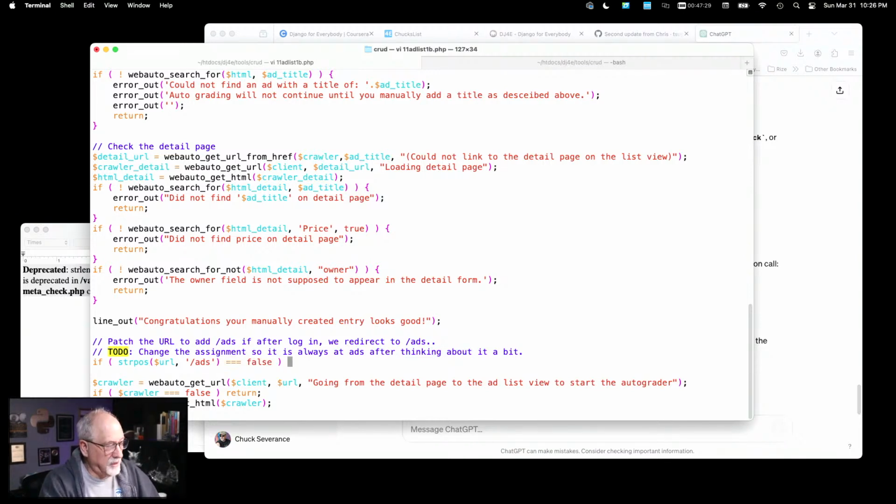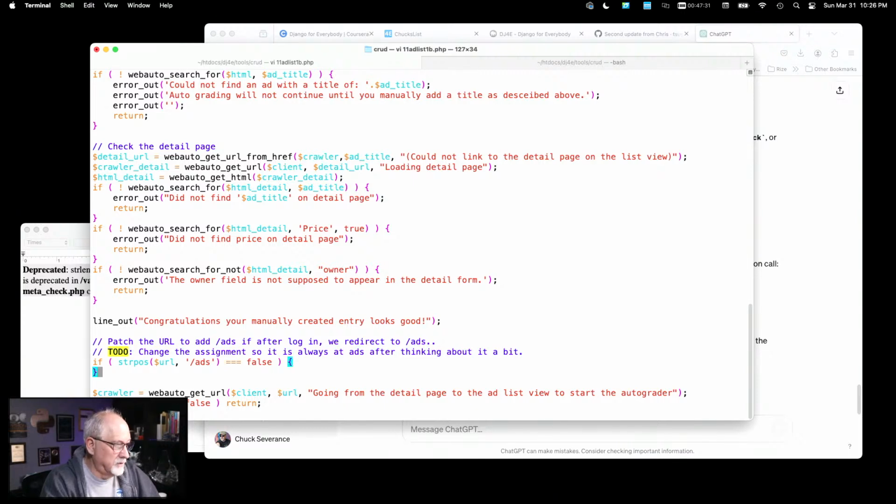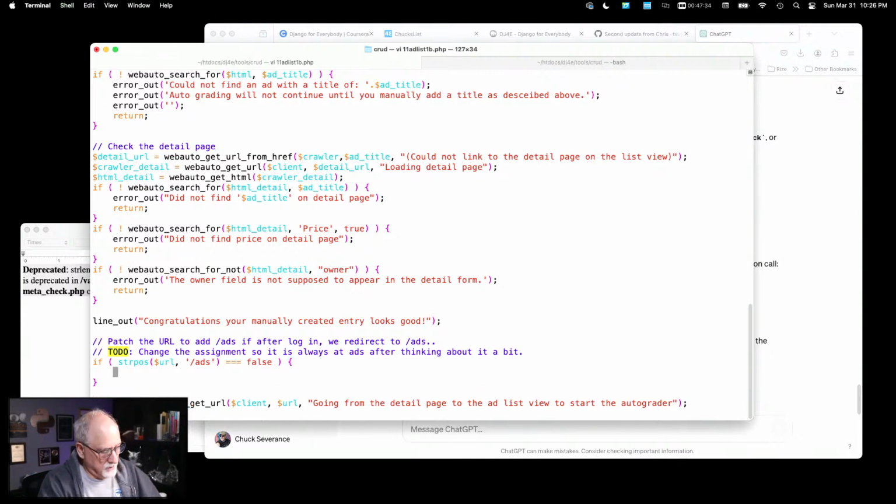So if we don't have a string ads, and if strpos $URL, $detailURL, comma, /ads, greater than 0, not equal false, then